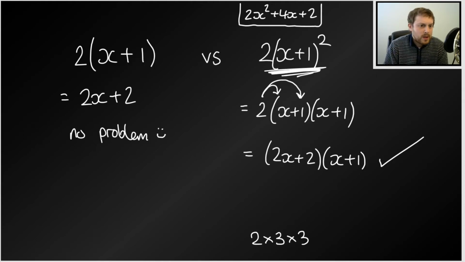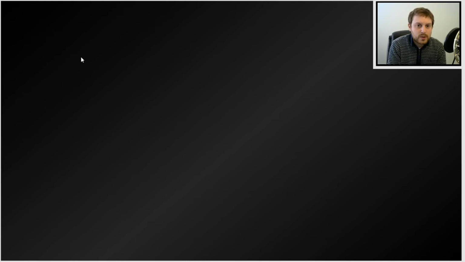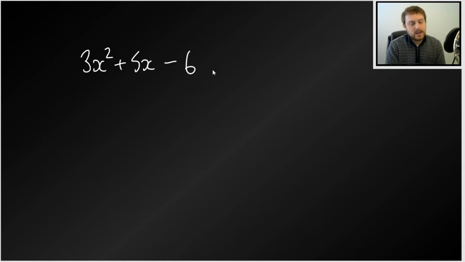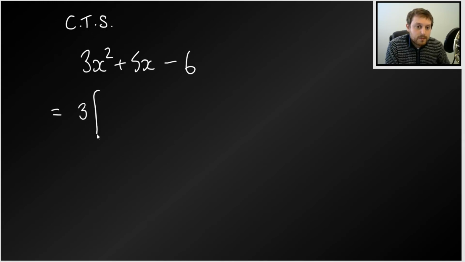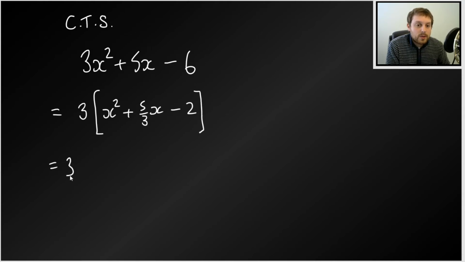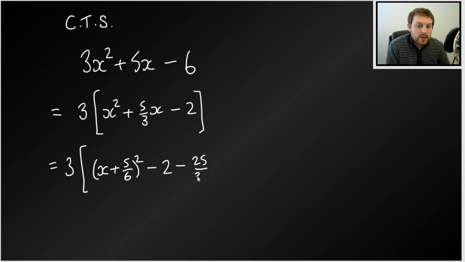Okay. So in a more complicated situation, I'll just make up some question: 3x squared plus 5x minus 6. Let's do that. So I'm going to complete the square. I need to bring a 3 out the front and write 3 times x squared plus 5/3 x minus 2, and then I complete the square on the inside. So this is x plus 5/6 all squared,